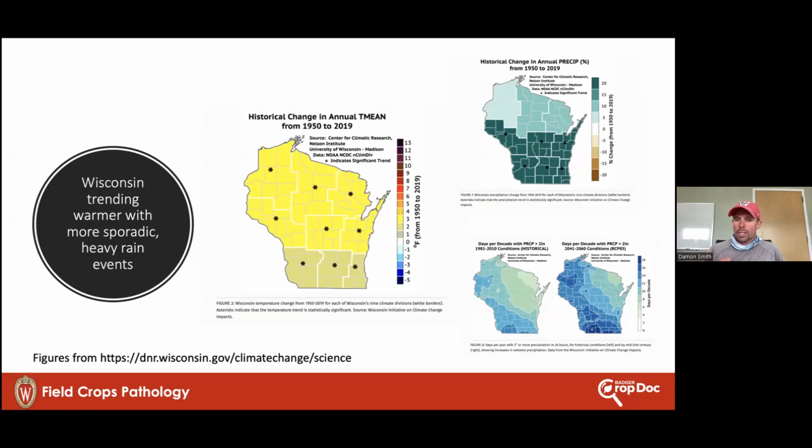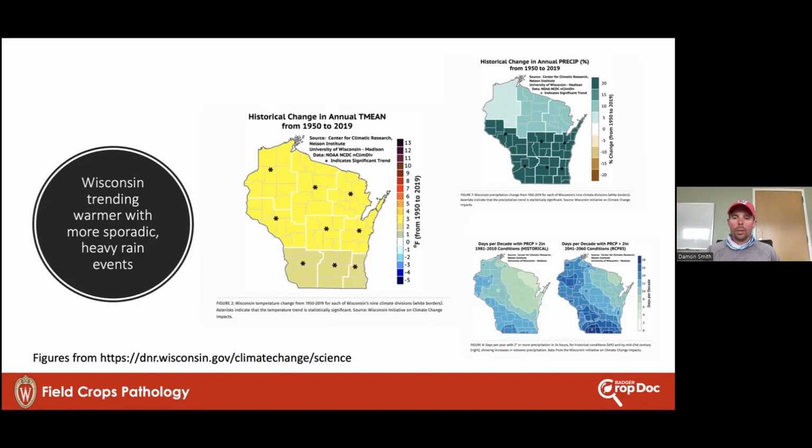And when we have warmer temperatures, we're getting more water aloft. Okay, so warmer air can hold more water, and that raises the humidity. And then we're also seeing heavier precipitation events or more frequent precipitation events. So the upper graph over on the right-hand side shows higher rain amounts in recent years. And then more importantly, especially for this particular pathogen, we're seeing heavier rainfalls. And so the days of,